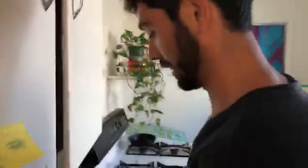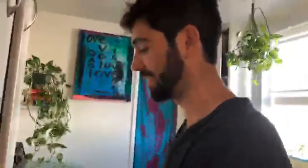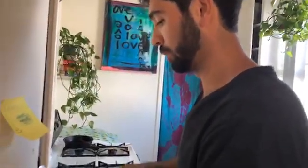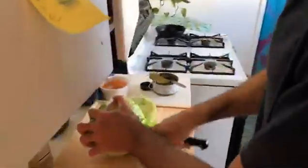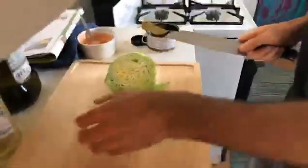And iceberg lettuce tends to have some of the lowest nutritional value, but let's be real, we're not having that much. This isn't a salad. This is just providing crunch. And our mushrooms are going to be on this thing too. So, the outside was rinsed of this, and